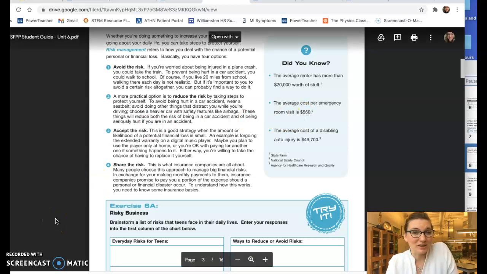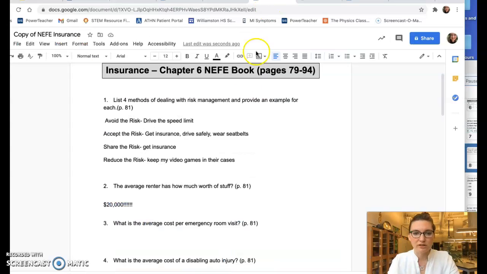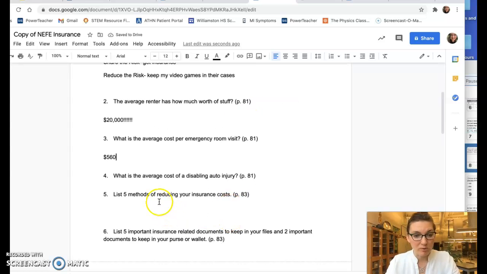I would guess that's really low. I can't imagine going to an emergency room for, I mean, an ambulance ride is like $900 if you're not insured. So I imagine the emergency room visit now would be more like a couple of, sorry, I clicked the wrong button. So we'll say what they said, which is $560. But really, honestly, I think it would probably be a lot more than that.